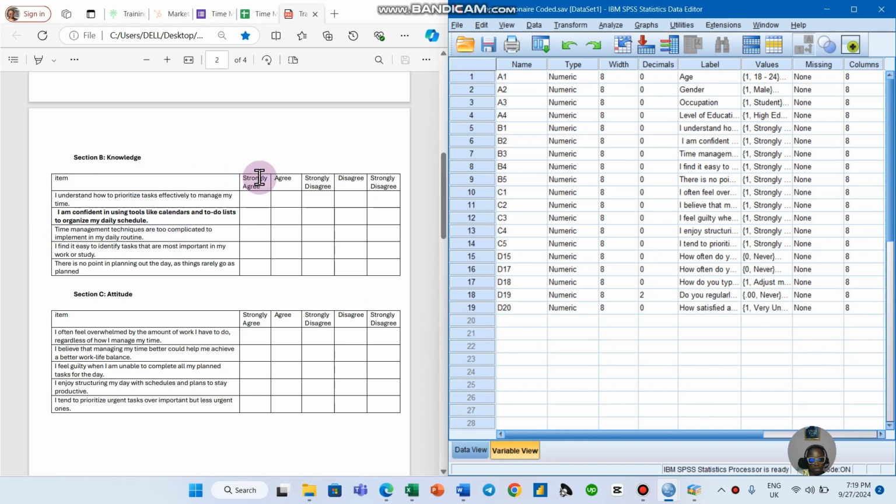So if a person chose strongly agree in this case, then that means that person does not actually manage their time very well, or the person has issues with time management. So therefore in this case, strongly agree should actually carry 1 instead of 5, because the question is a reverse coded question. So what this means is that for this question now, we need to go to SPSS and recode